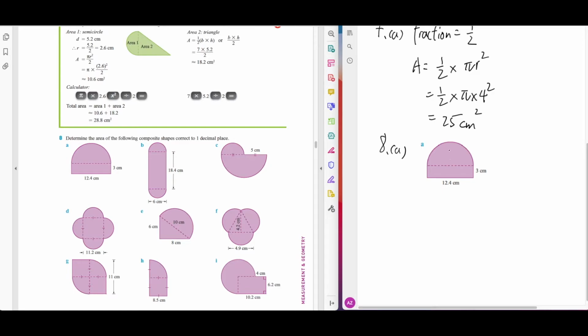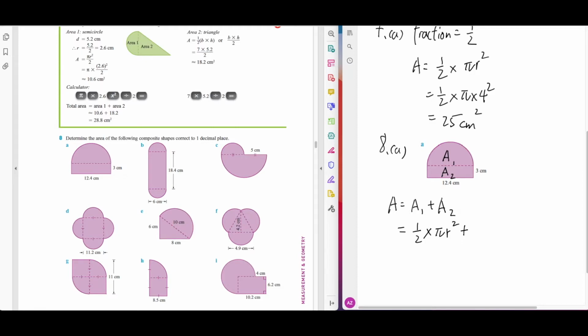Remember, this is a composite shape because it's made up of a semicircle and a rectangle. So how do we work out the area of the semicircle? Well, area is equal to area 1 plus area 2, so we can write them out in one step. How do you find the area of half a circle? Half of a circle is half times the area of a circle, so half times pi r squared